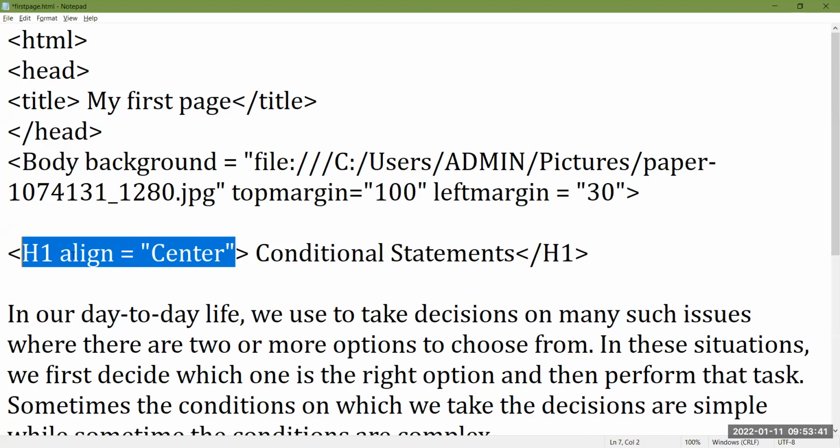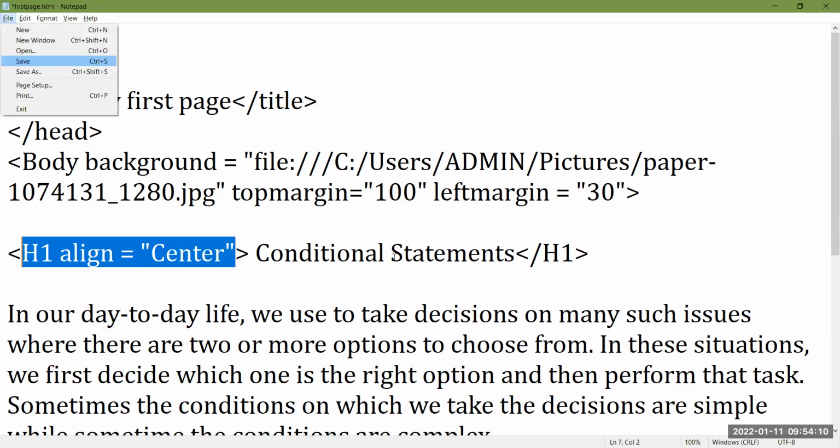H1, space, name of the attribute equal to value, close the bracket. Then in the closing tag, you do not need to give any attribute name. In the closing tag you only close the tag, and no attribute name is given there. Attributes are used only in the opening tag, mind it.